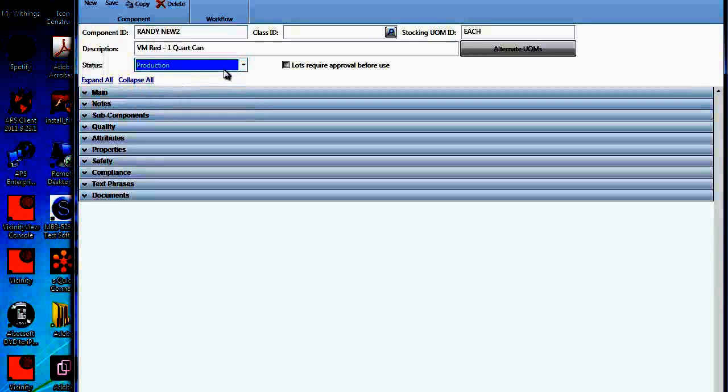That brings us to kind of a close cousin to that, and that has to do with workflow. Vicinity is supporting workflow in Vicinity 4. And what workflow does is allow you to define certain steps that need to be performed when an action happens. For example, in setting up a new raw material item, you may need quality and compliance to look over the data prior to that item being used in a formula. So what workflow allows you to do is define the steps that need to happen. We need quality to be notified and then quality to add their data and approve this ingredient. We need the same thing to happen in compliance, etc. Those steps can be set up in workflow